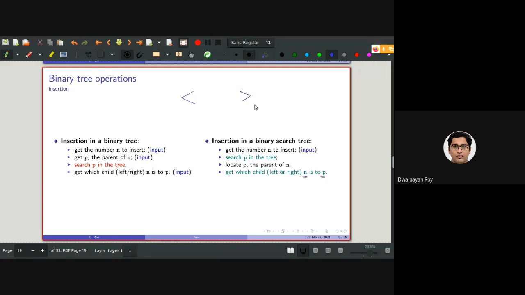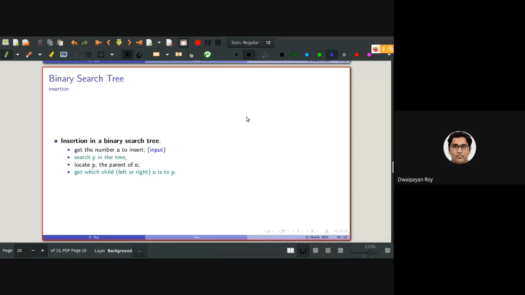Any question up to this? For binary tree, we have seen that I needed to take this and this as input as well. But for binary search tree, why is this implicitly taken care of? Why these conditions? Is it clear to everyone? Okay. I hope it is clear.